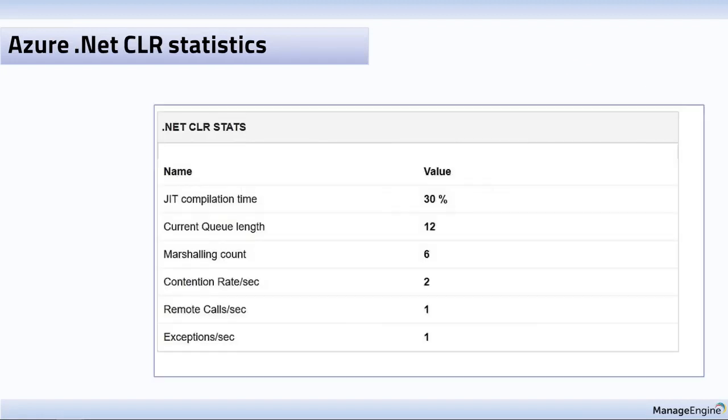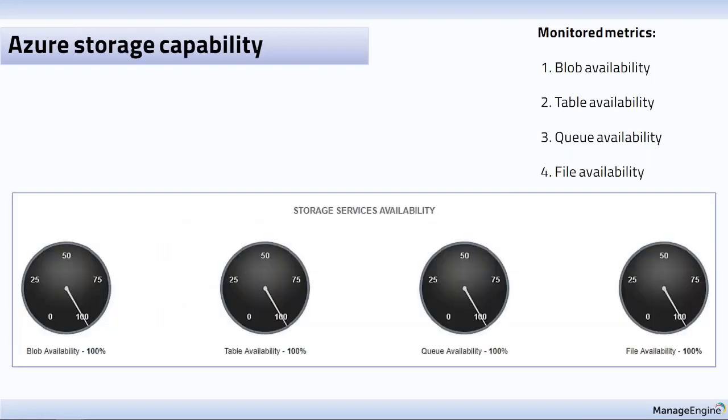Last but not the least in the VM is the common language runtime. This helps a user identify the overall JIT compilation time, followed by any remote calls or any exceptions while performing any operation. Now, before we see these metrics on the UI, let us also discuss other available services under